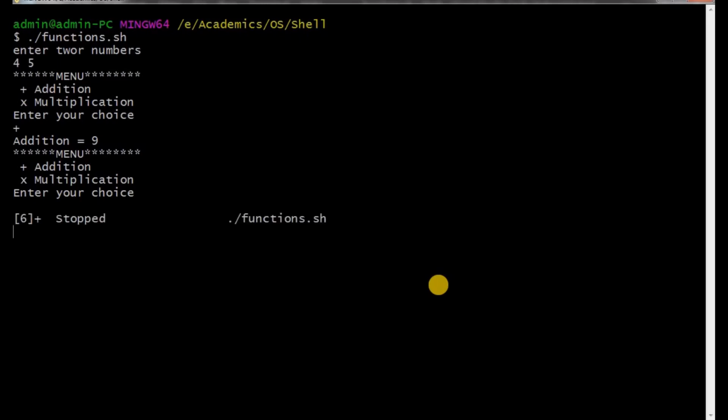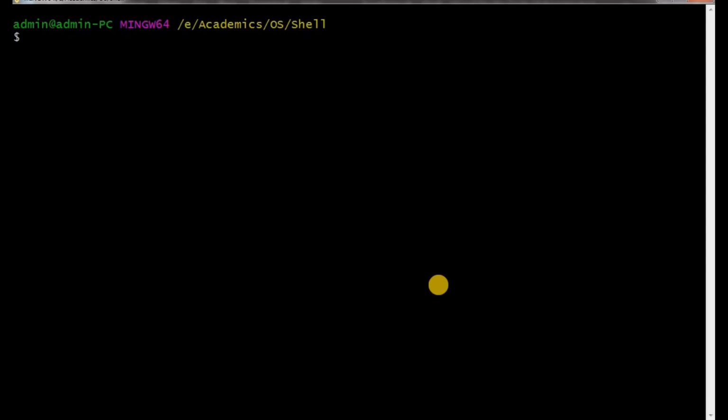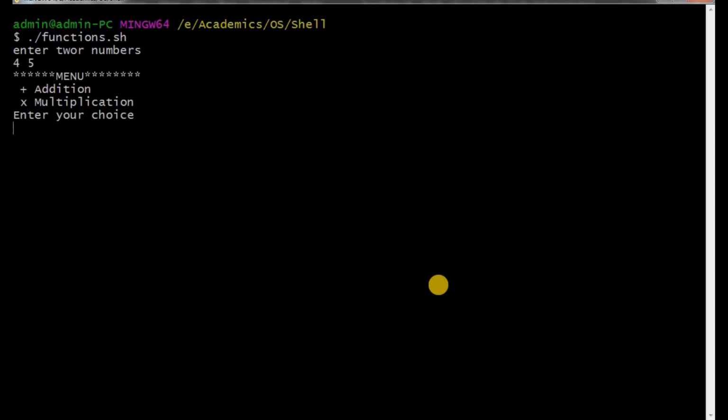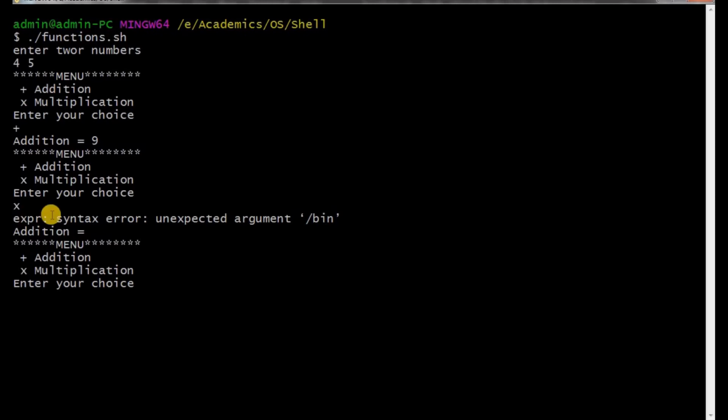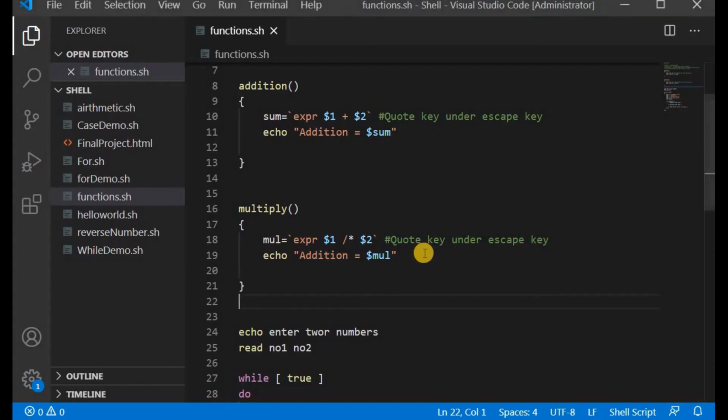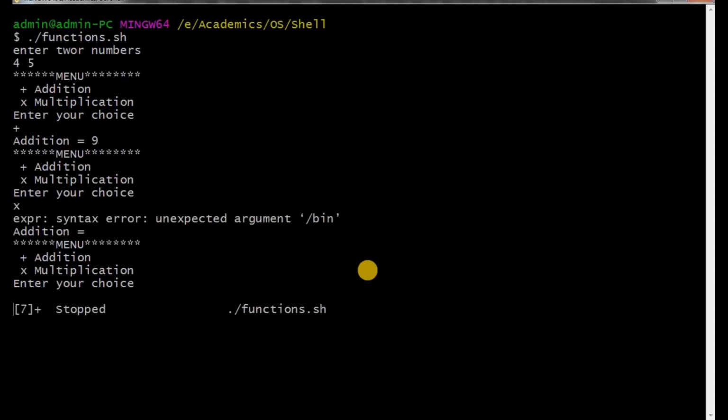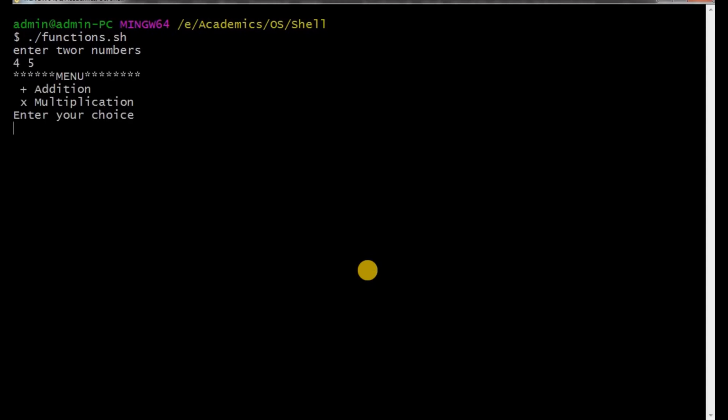Okay, let us save the program and try to run. Enter two numbers, let us say 4, 5, plus, addition is 9, and x, multiplication, unexpected argument. So this slash is reverse, backslash star.